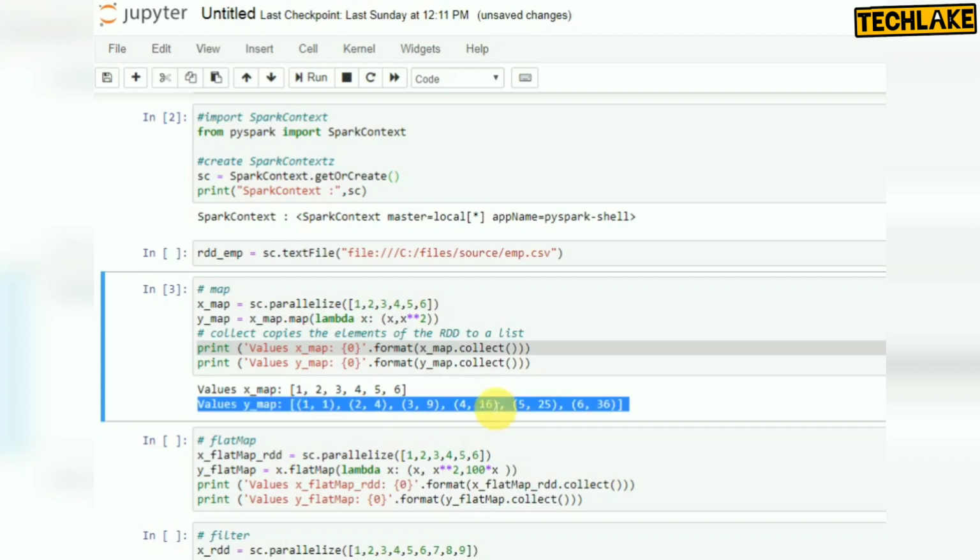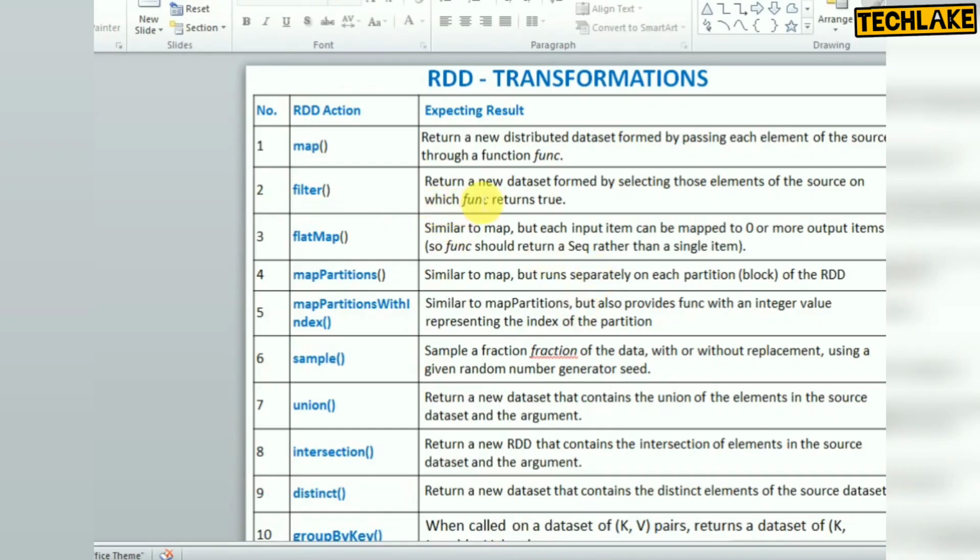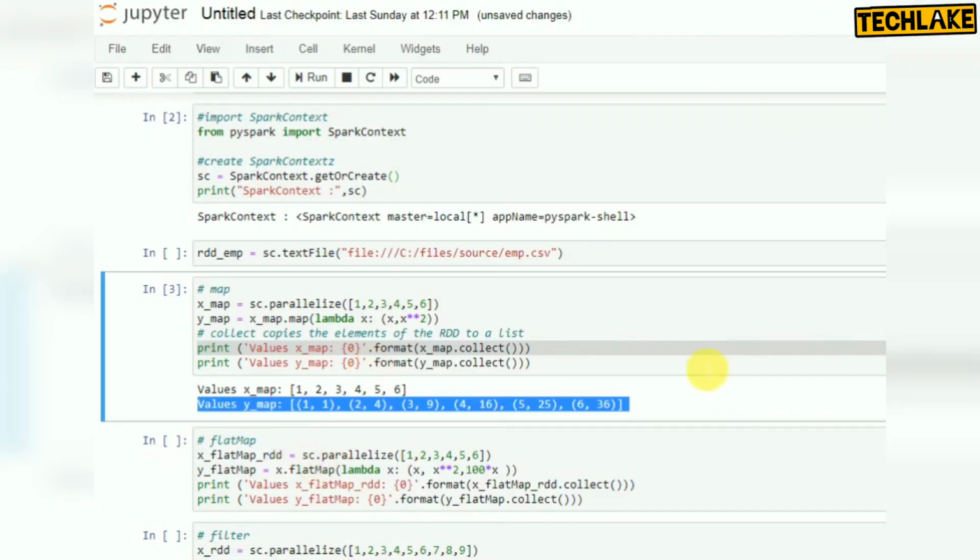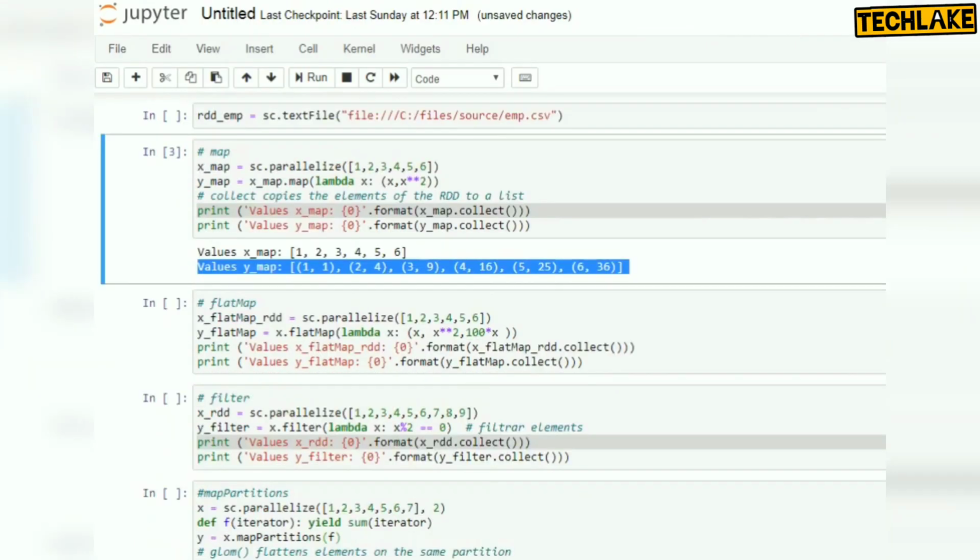There is another one called filter. If you want to filter the data from the existing RDD, the filter will apply the filter condition, select the data, and create a new RDD based on your filter condition. Look at the example. I have another one here.